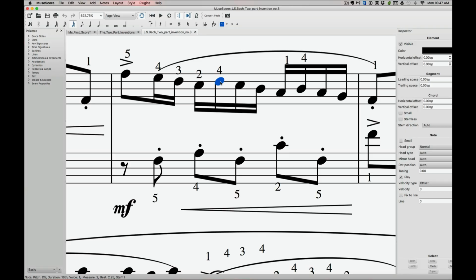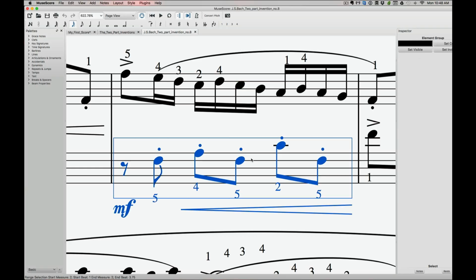Okay, so this is where this gets interesting, because he does resolve it to a third, A to C. However, the bass note has moved on by that point. So this is where counterpoint gets really interesting, and we're going to talk a lot about counterpoint in the next section. But basically what we have here is a fourth between this A and this D, and now we have an F and a C, which is a fifth,